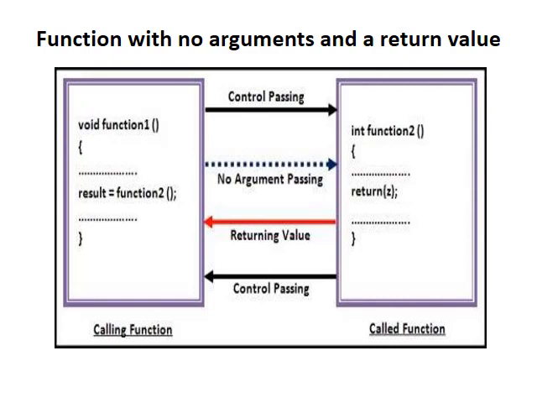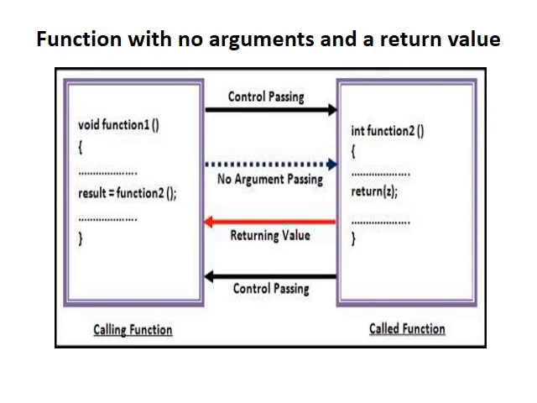So in this case we need to make use of a variable here, for example result, so that whatever function 2 returns will be stored in that particular variable. So always when we are calling a function which returns a value, we should have a variable equal to the call to the function.